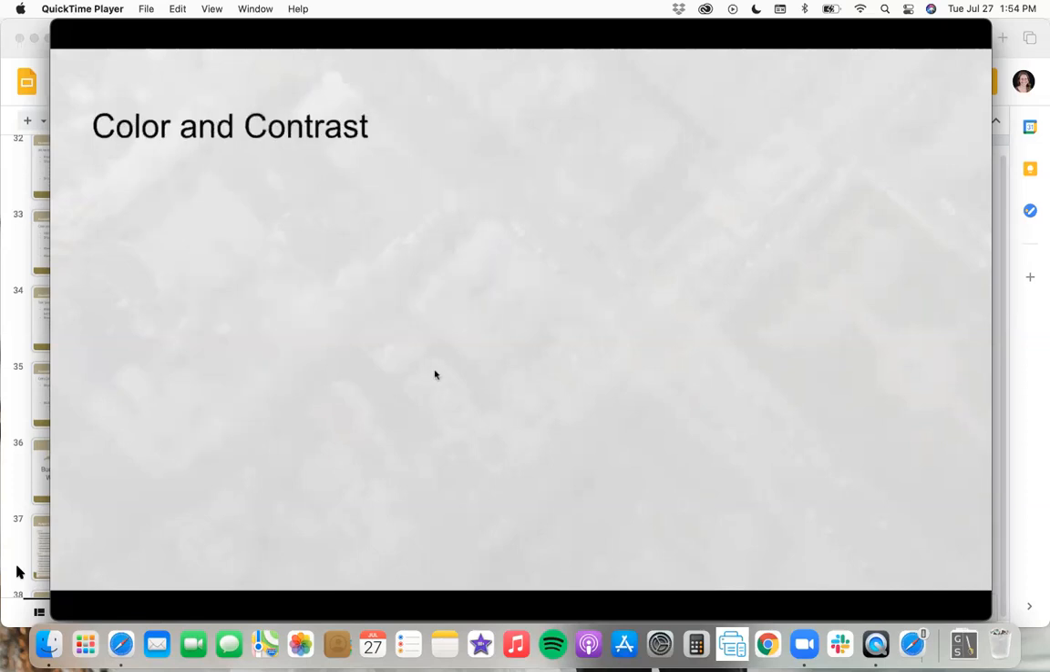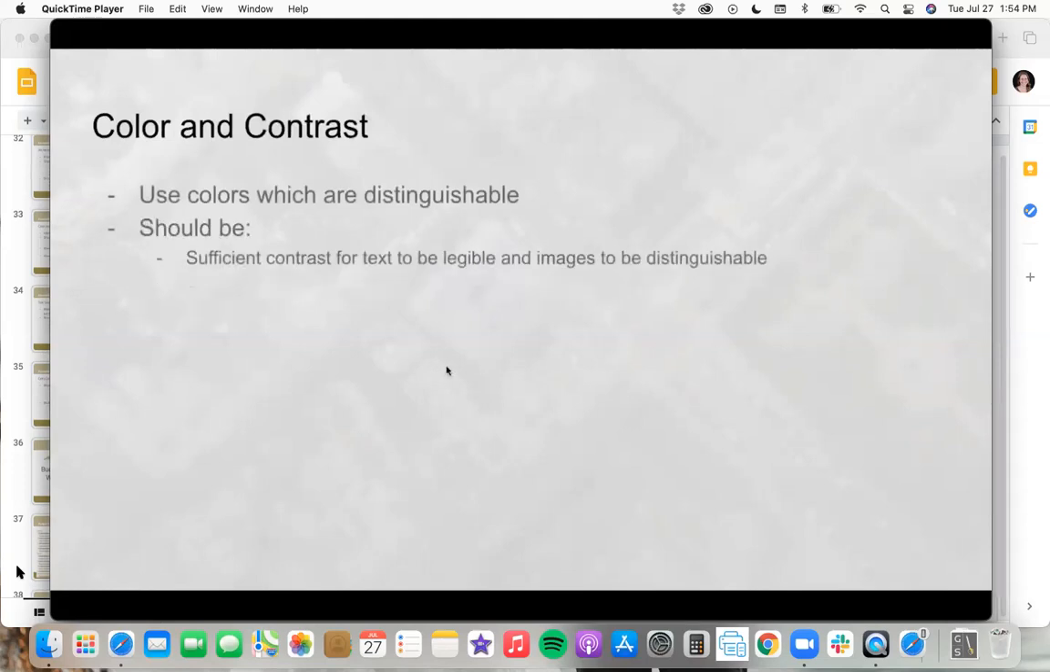The next area is color and contrast. So you want to use colors which are distinguishable for all your users. Your colors should be sufficiently contrasting for text to be legible and images to be distinguishable. You need to use suitable pairings to accommodate those with color blindness. And your